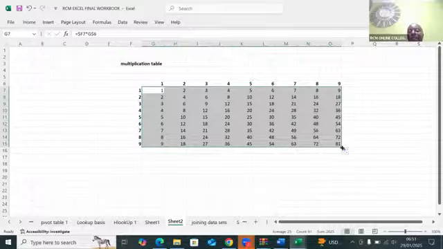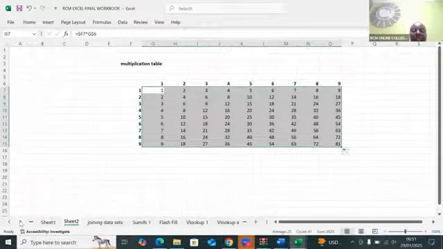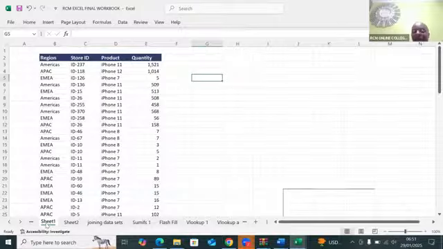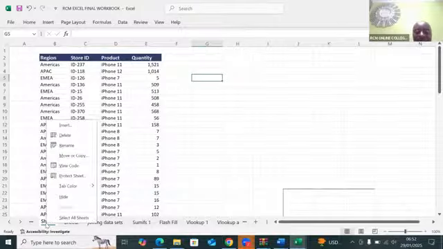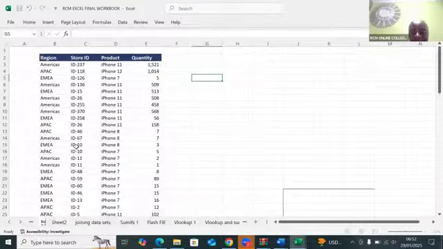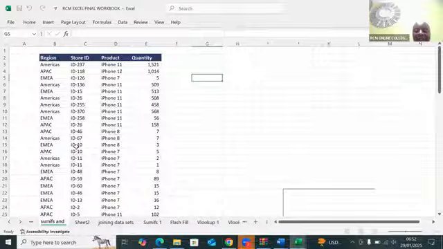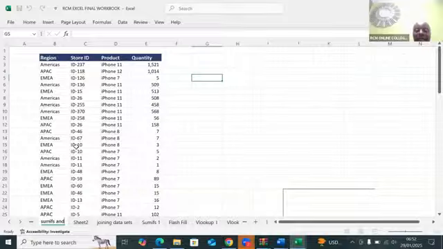Now, ladies and gentlemen, I've sent you a very, very good workbook called the RCM Excel workbook, and I made a mistake. I would want you to move around until you see this Sheet 1. Please see Sheet 1, and I would want you to rename this Sheet 1. Rename this, call it SUMIFS, and what here? Pivot. How do we rename it?